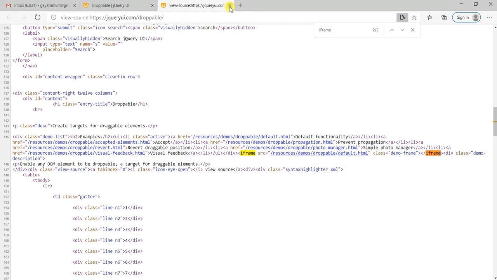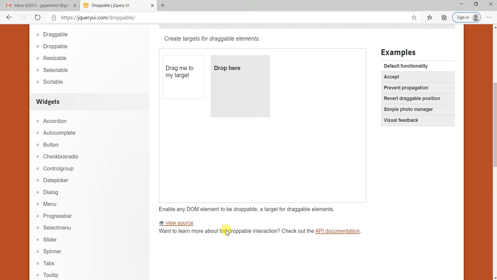That frame is nothing but this box itself. If the web page is having multiple frames, then the first frame index number must be 0, second frame will be 1, third will be 2, like that. So what is our job now?